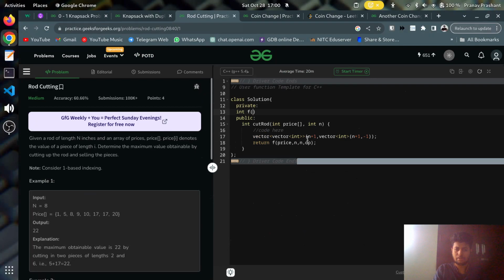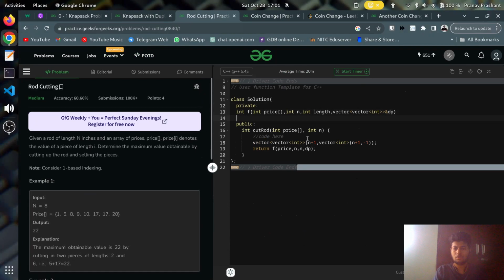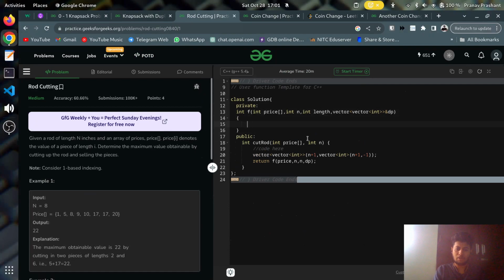So int f of price. What will be the base case? The two parameters that are changing here are n and length. So if n is equal to 0 or